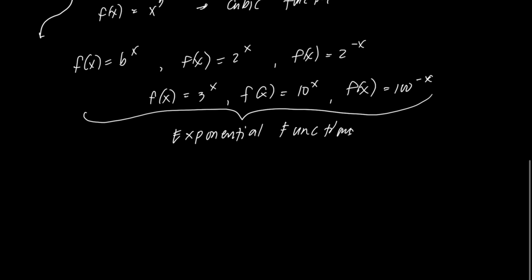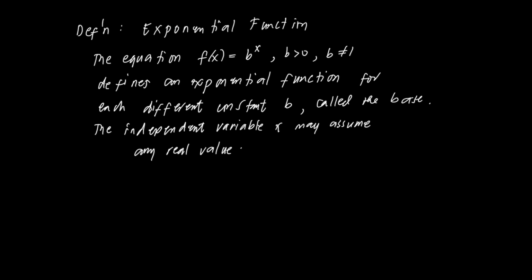Now let us define exponential functions formally. So the equation f of x equals b to the x, where b is greater than 0 and b is not equal to 1, defines an exponential function for each different constant b called the base. Then the independent variable x may assume any real value. So the restrictions, b greater than 0 and b not equal to 1, are very important,